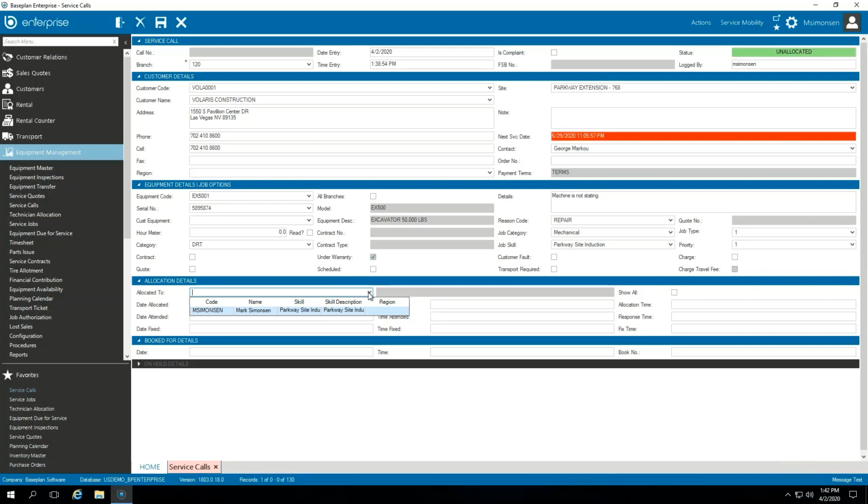Because really what we want to try and do is a first time fix and allocate it to the right person at the right time to make sure that they can get to the job faster. So improving those response times. Now I can choose to allocate this directly from here, but what I can also do is